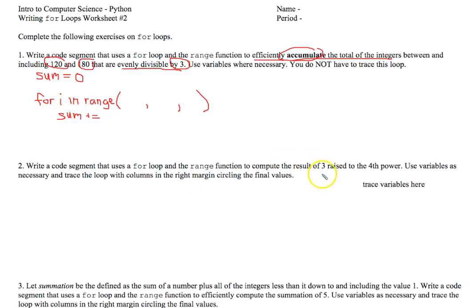Well, in this question, you need to figure out what 3 raised to the 4th power is. But you need to use a loop and any extra variables. I think I used the variable name result in that previous exercise, and I initialized result to the number 1 rather than 0 in that other code segment